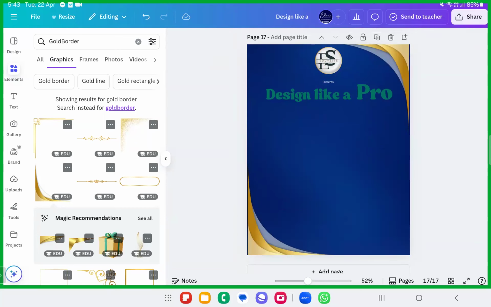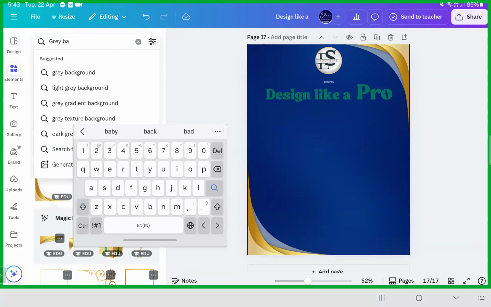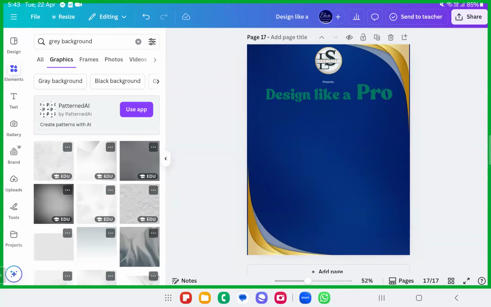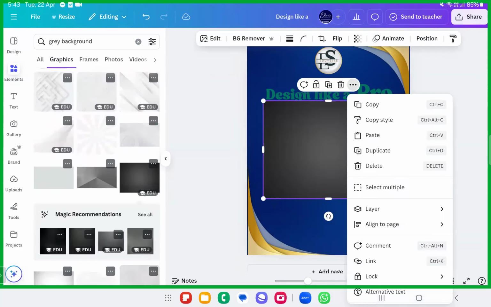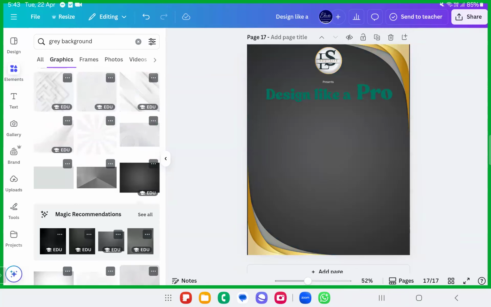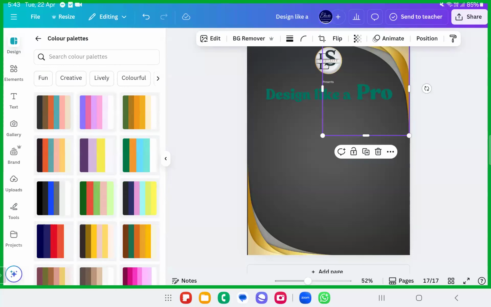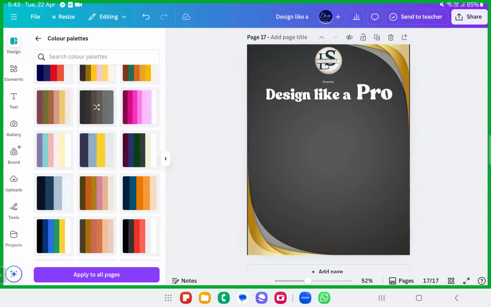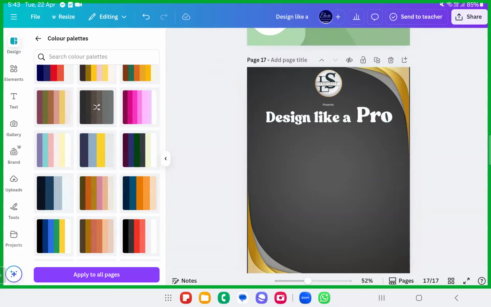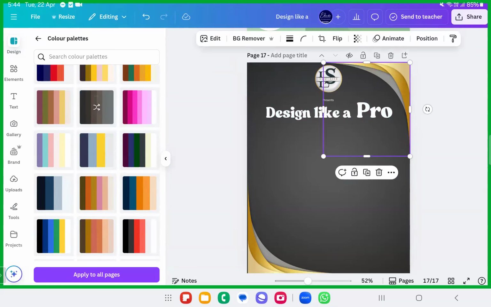It doesn't look good on this background, so I'm changing the background. I want a gray background. You can type the keywords wisely and then select the background. You can just select this one if you wish to. Replace background. These colors don't look good, so we can go ahead with the styles and change the color. Colors are not at all a concern for us. Hopefully you know why, because we have something called a color palette, so you can change the colors later itself. If you have golden things on the frame, we can even add some golden backgrounds. Select the colors from the image.